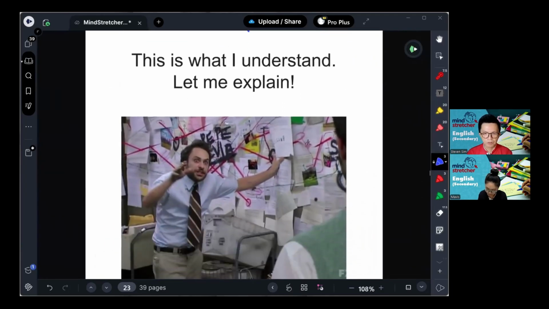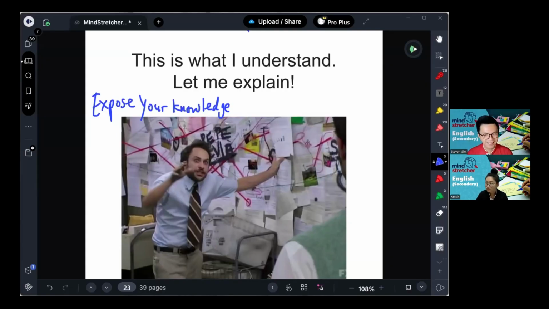In the expository essay, what you do is you expose your knowledge. You open up your mind and you let the reader know what you know. You say, this is what I understand. Let me explain to you. That's the expository essay. And sometimes you end up looking or sounding like a mad person. Don't sound like a mad person because